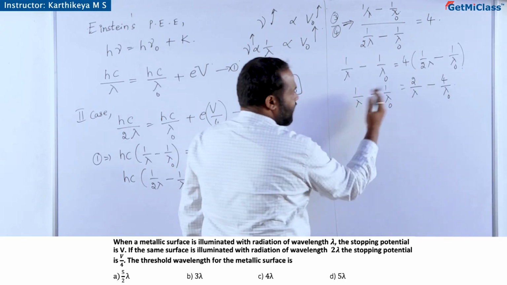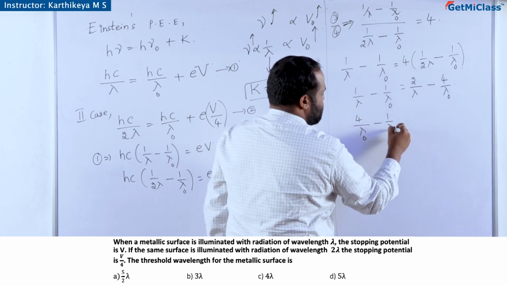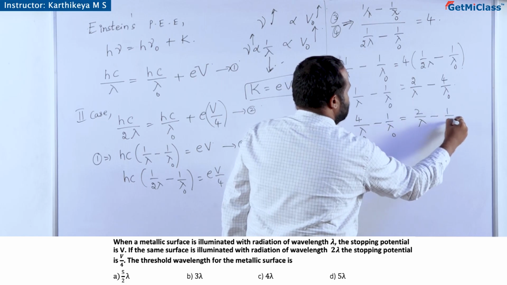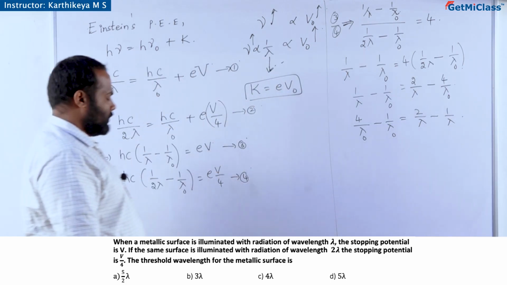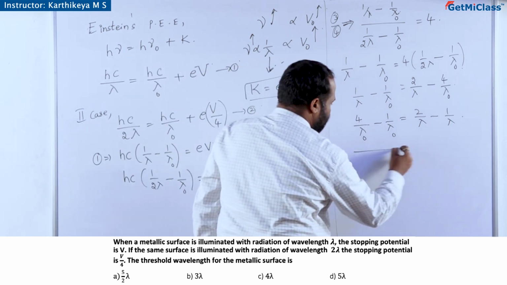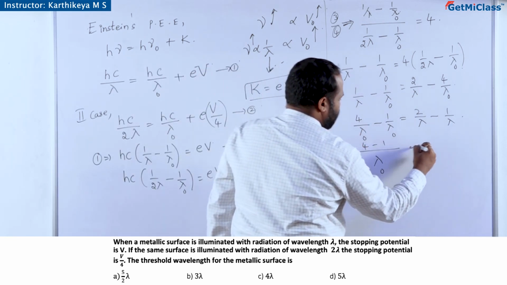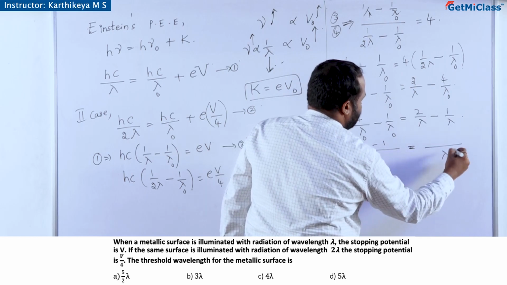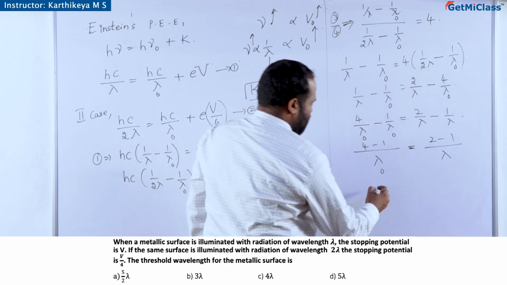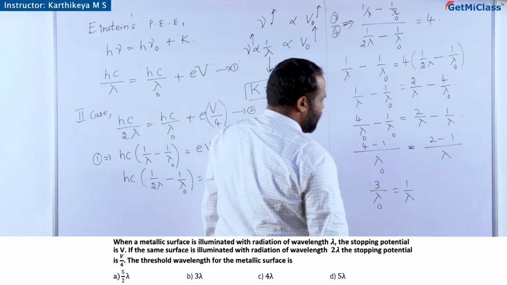So, I will rearrange this: 4 by lambda naught minus 1 by lambda naught is equal to 2 by lambda minus 1 by lambda. The relation we need to get: lambda naught is a common denominator, 4 minus 1. Here lambda is a common denominator, 2 minus 1. So, 3 by lambda naught is 1 by lambda,